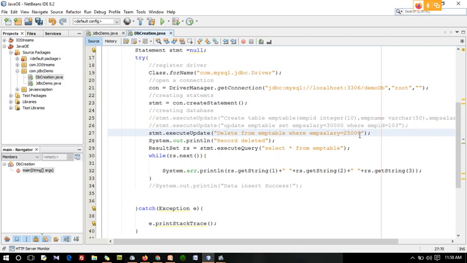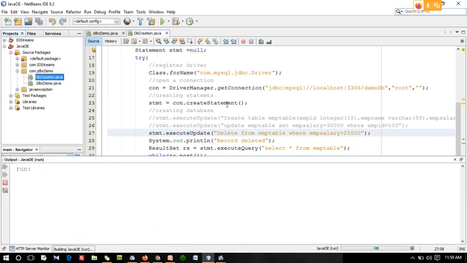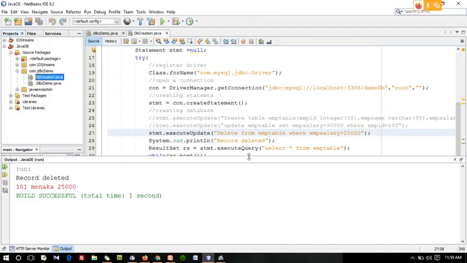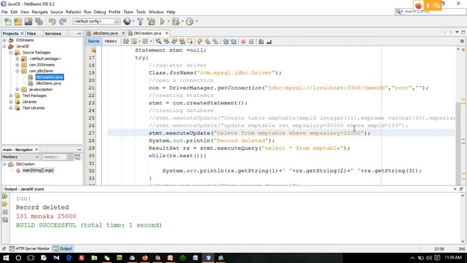So I'm just going to give emp salary greater than 25,000. After that I am going to display all the records remaining in my table. See, now I am having only one record, Menaka 25,000. I don't have the rest of the records because I have given a condition like that, greater than 25,000.